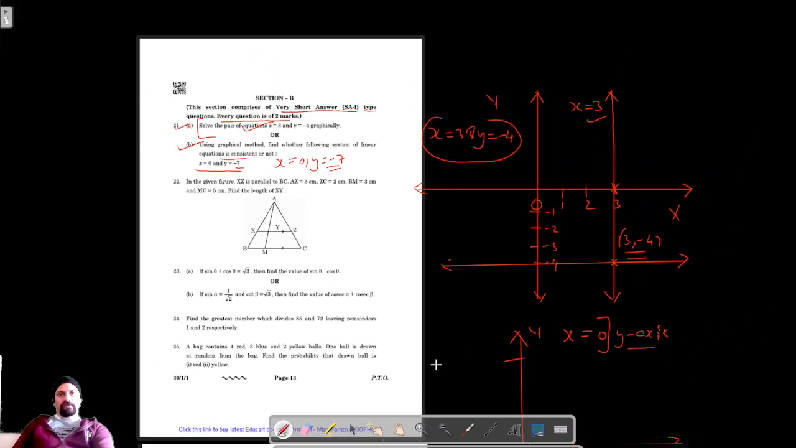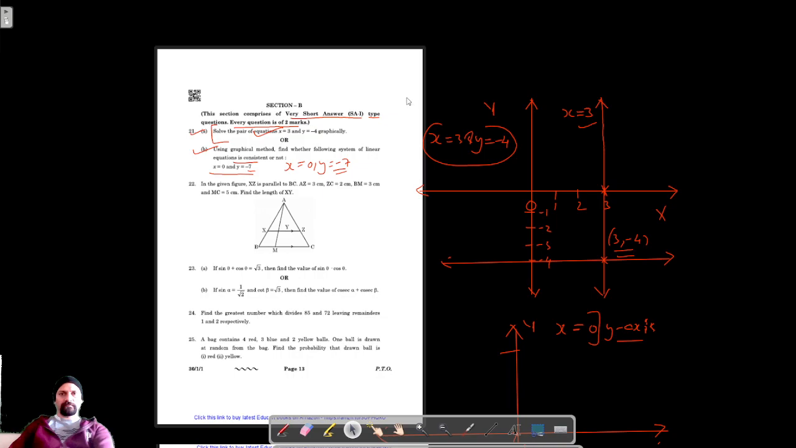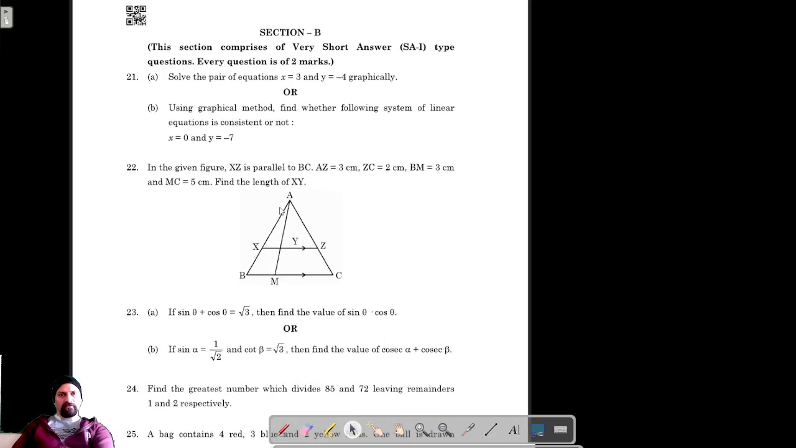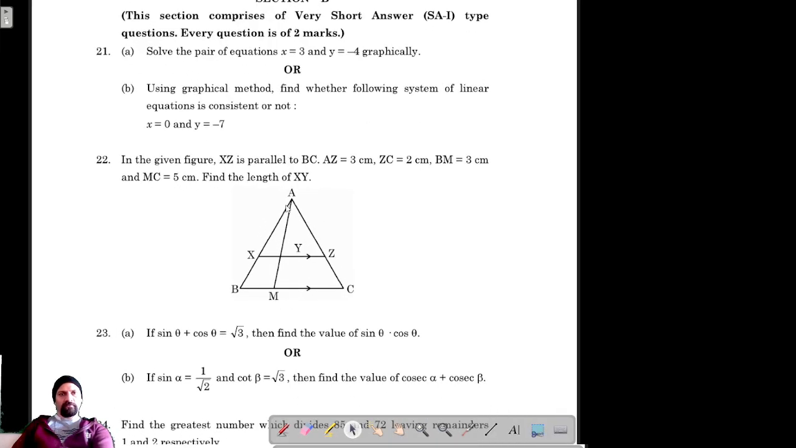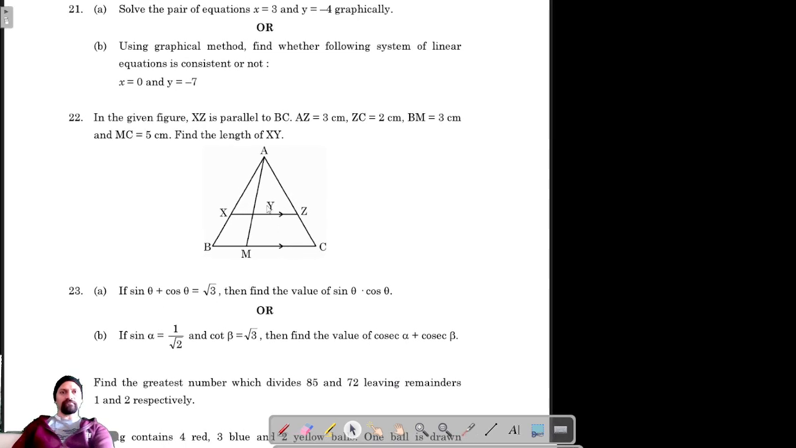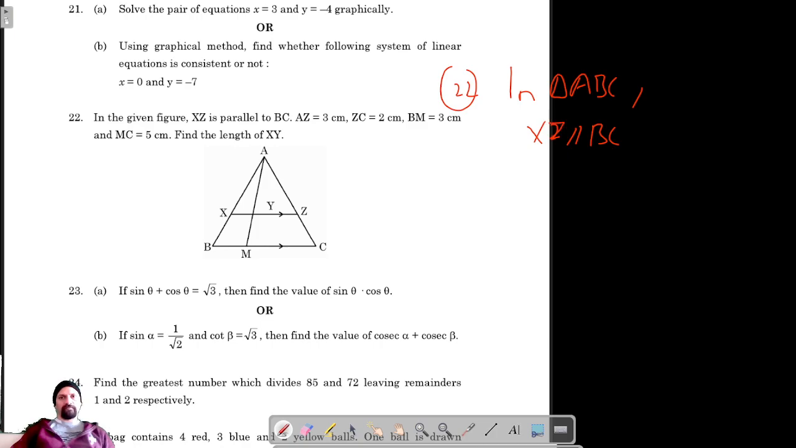Okay, moving on to question number 22. For question number 22, we have to find the length of XY, and in the figure it is given that XZ is parallel to BC. So we can say that in triangle ABC, XZ is parallel to BC, therefore